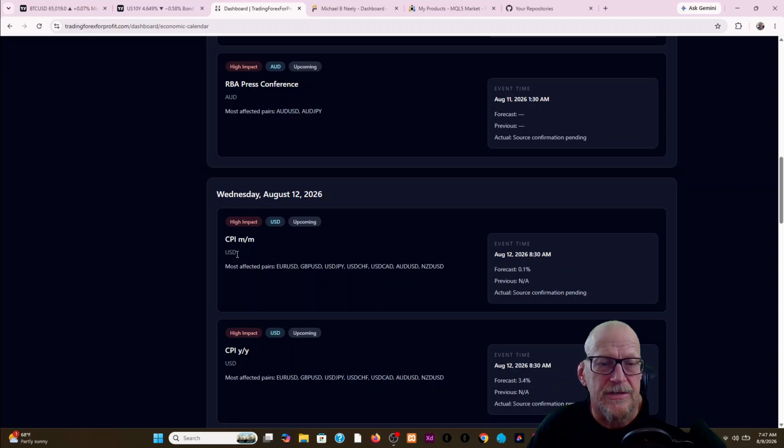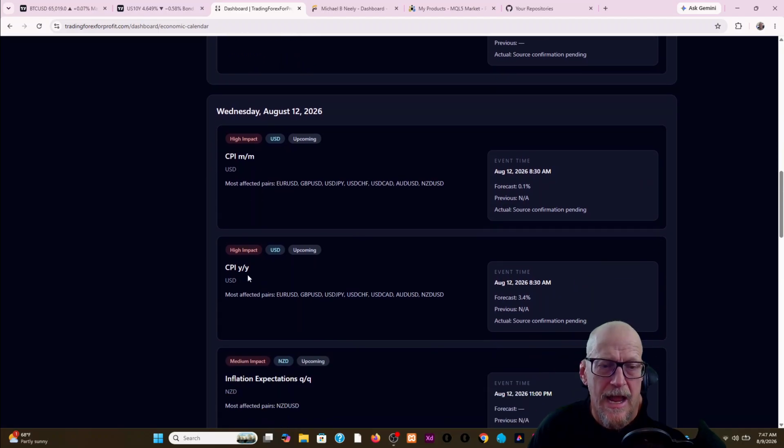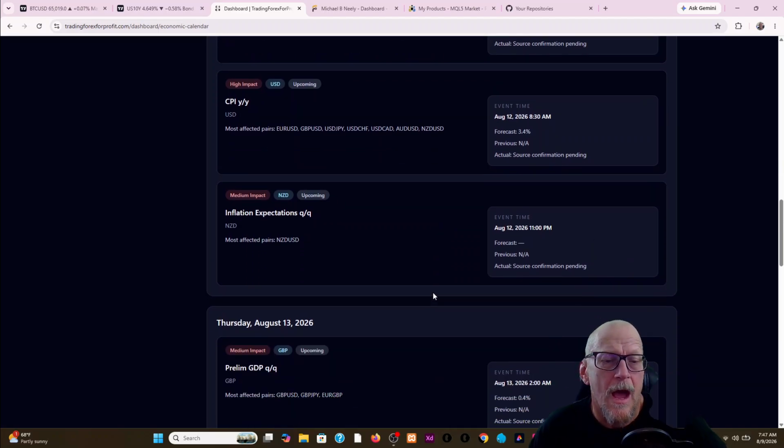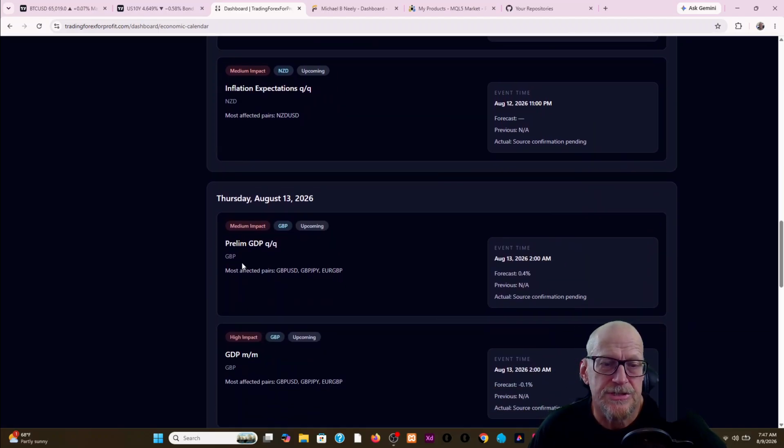And then we have the US CPI from month to month. Yay! Inflation information for the United States. That'll be handy. And the CPI for year to year. And then the inflation expectations for New Zealand. After that, we have the Great British Pound GDP coming out. Yikes! There's been a big pound sell-off this week. It's like the traders are setting up for a rebound on that. So that would be nice. They're forecasted to do 0.4%. I think that is up from 0.1%, if I remember correctly.